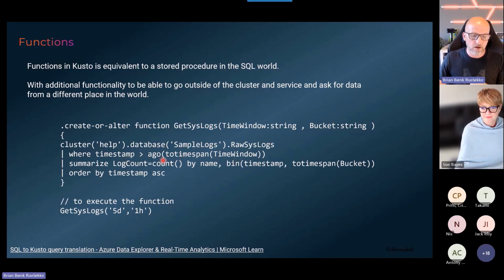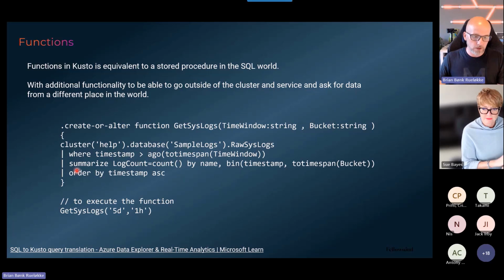So what is this ago time span? Well, Kusto is very, very generous around time functions, so I can be lazy. I can just say, I want this data 2 days ago. So 2 days in Kusto is just 2 and then a D. Or I want it 1 hour ago, then 1 H, and so forth. So here I'm filtering, give me the timestamp greater than 1 hour ago, or 2 days ago, or 1 year ago, or whatever, a decade ago.